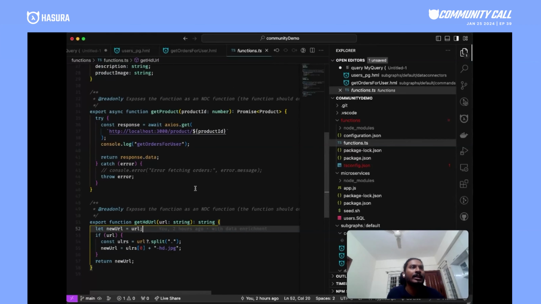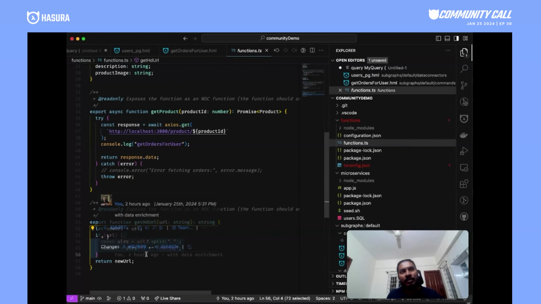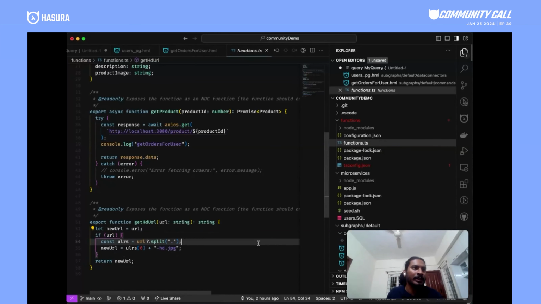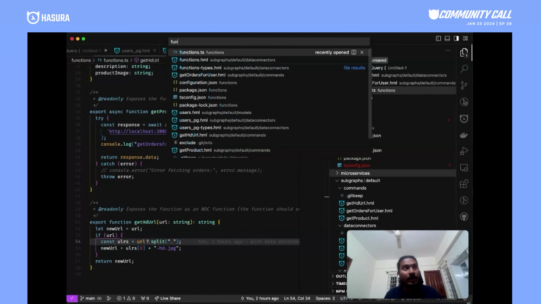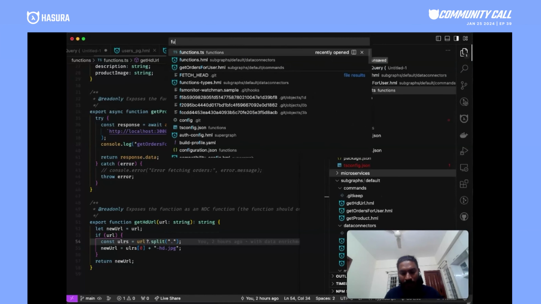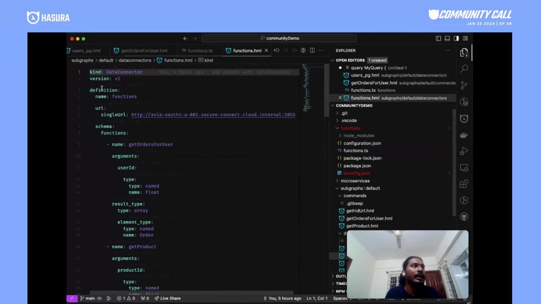But the beauty is, how does it actually connect to the GraphQL schema or to your data domain seamlessly? This can be anything. Maybe it is calling your CMS and then making sure that the files are provided in a better way, or anything, right? So you have your function ready, and then what I'm doing is I'll go to my functions.html, and then